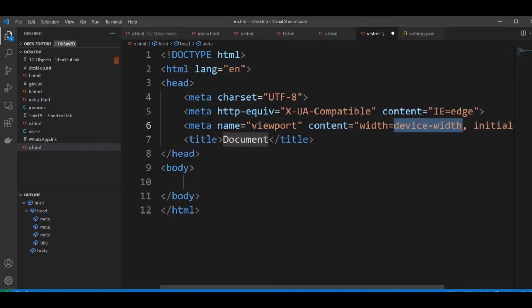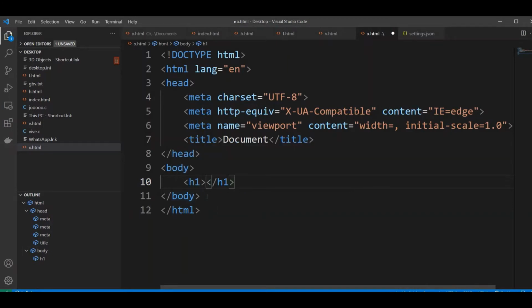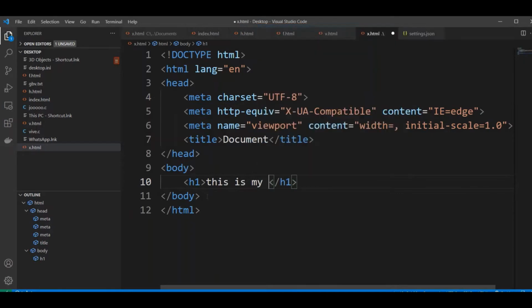In the body we will type an H1 tag, and after this click on this tag and type some content. For example, in the H1 tag we will type, this is my best friend. After this we will press enter and type a paragraph tag.